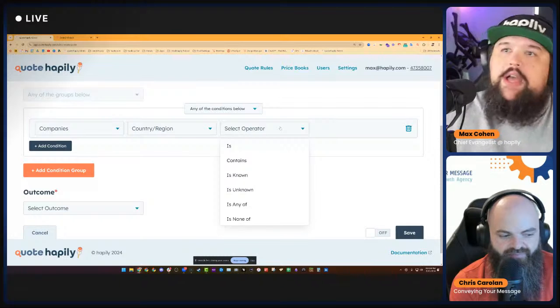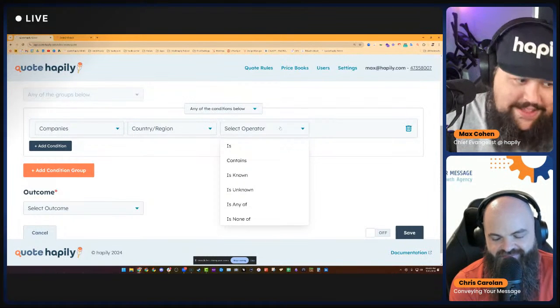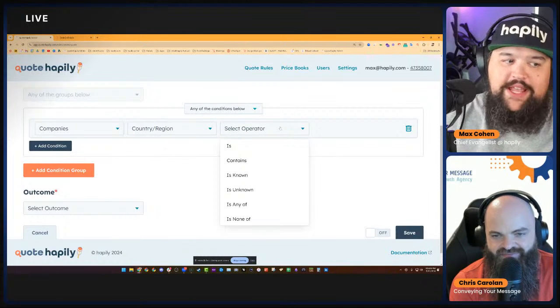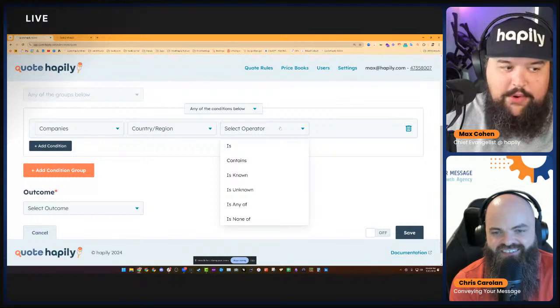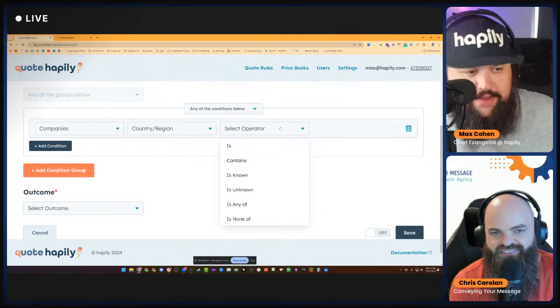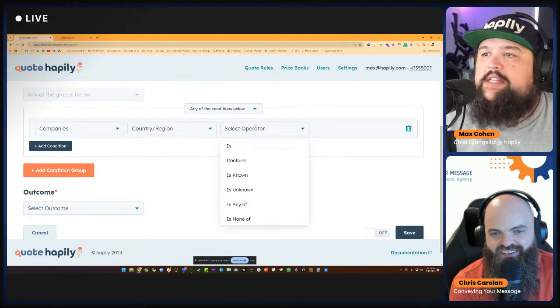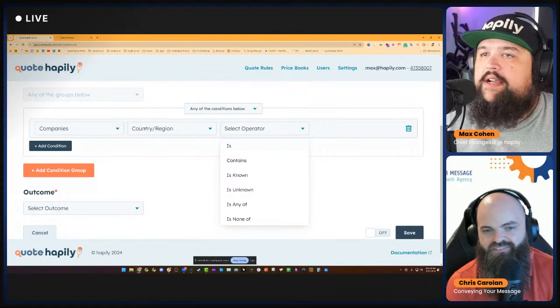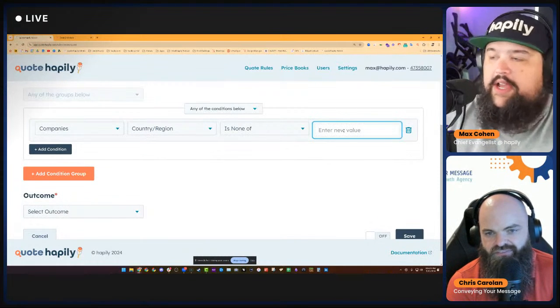And oh, by the way, we designed this entire thing to feel like HubSpot. We want you to walk into this interface and be like, okay, I get it already. This very much feels like the tool I'm already using that this thing is purpose built for. We don't build this for any other CRM. This is simply just to enhance HubSpot, right? So what we could do is something like this. We could say, hey, if the company is none of, and then we could just write, United.